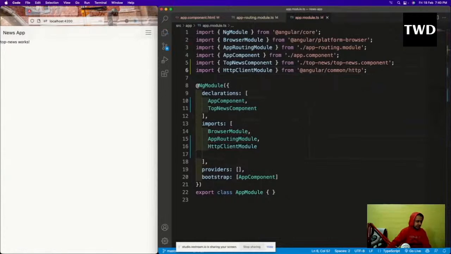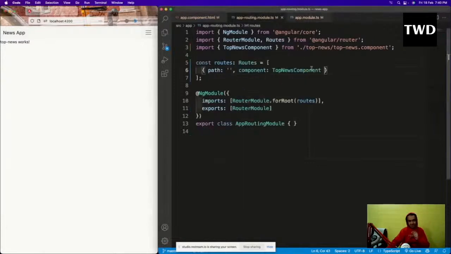So I have included the HTTP client module, and see, it is also showing that top news is working. It is showing that, so that is working. And now we have to do the API call. So for the API call, we are going to create a service. So let us create a service,